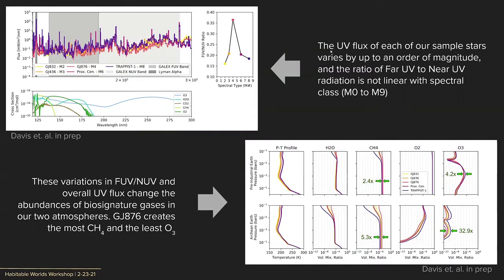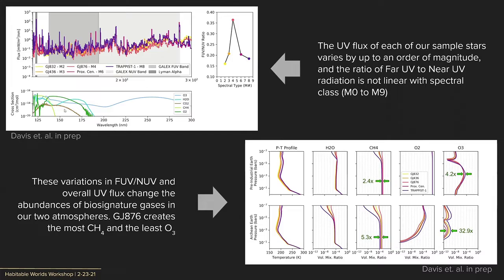So the first result that I want to share is that of the spectral class. So here we see our 5 different M-dwarf spectra, and you can see that the amount of UV radiation can change by about an order of magnitude here in some places. But another important thing to keep in mind is that the ratio of far UV, which is this region over here, to near UV light, which is this over here, changes as a function of spectral class. And so both the overall amount of UV flux, as well as the ratio of these 2 types of UV,